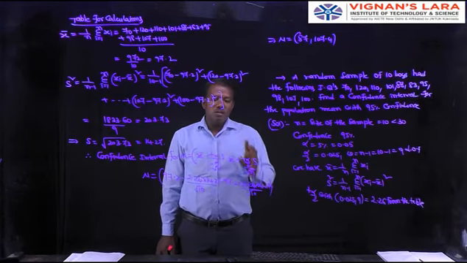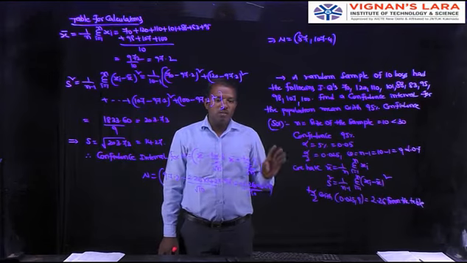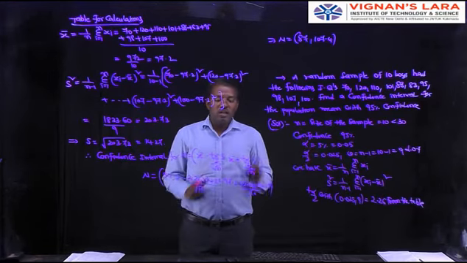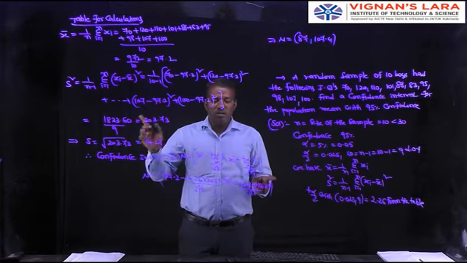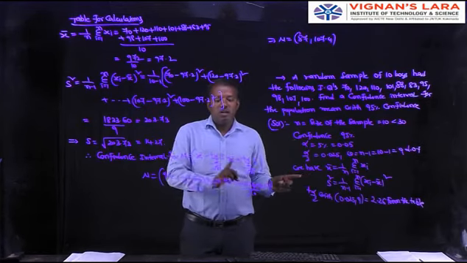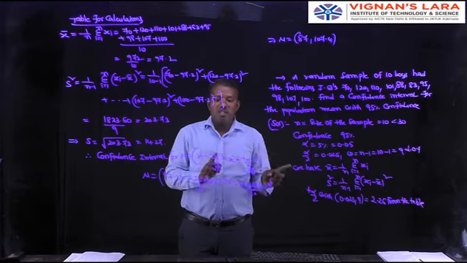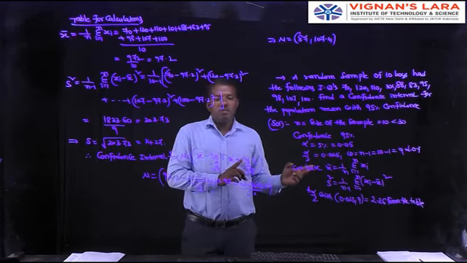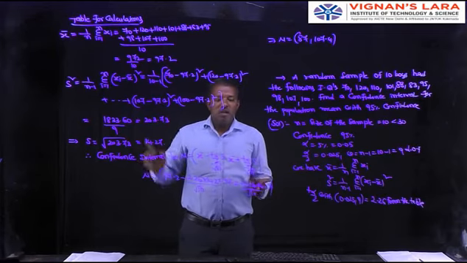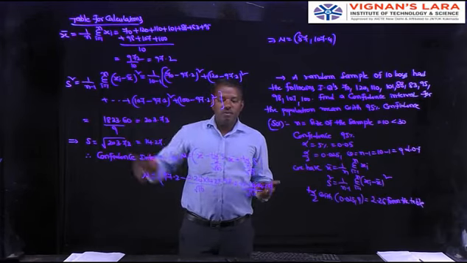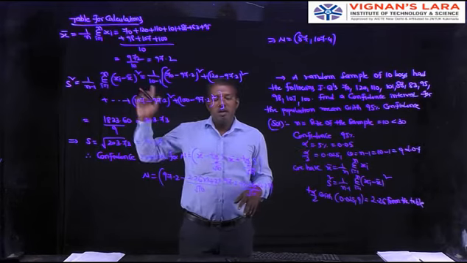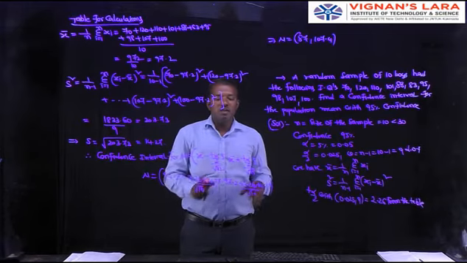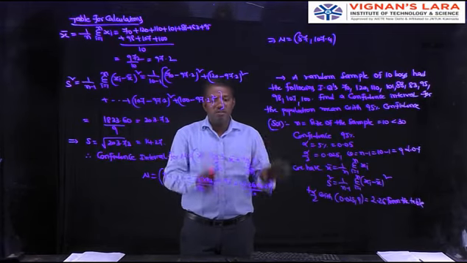The previous class topic was the confidence interval for the population mean in large samples, that is, n value greater than 30. Try to understand the difference between the large sample case and the small sample case. What is the main difference? In large samples, Z alpha by 2; in small samples, T alpha by 2. In large samples the standard deviation is sigma; in small samples the standard deviation is s. That is the main difference between these two.